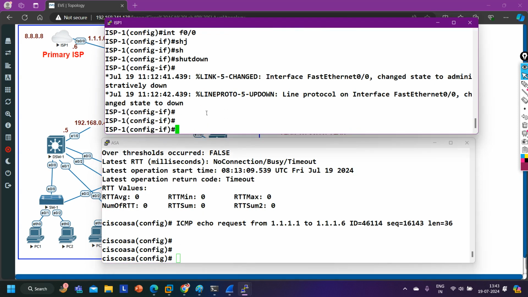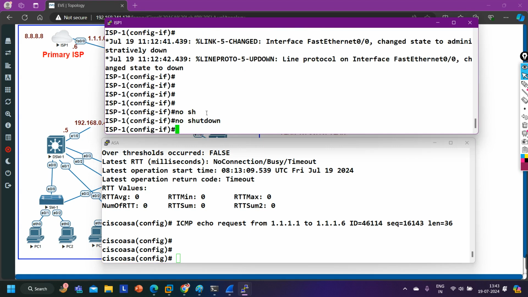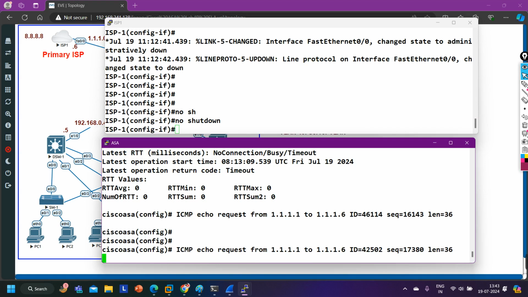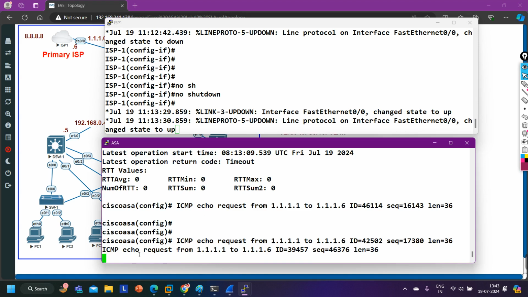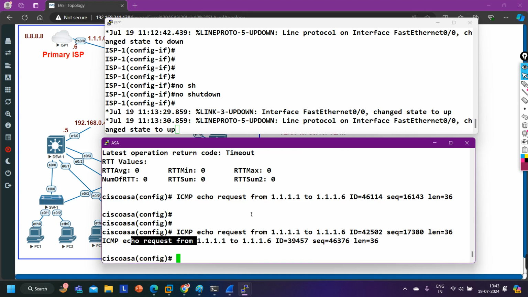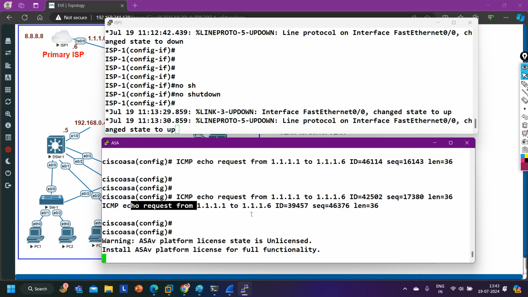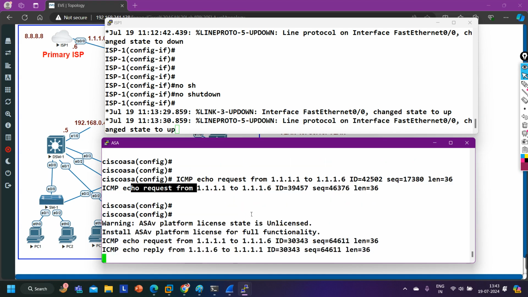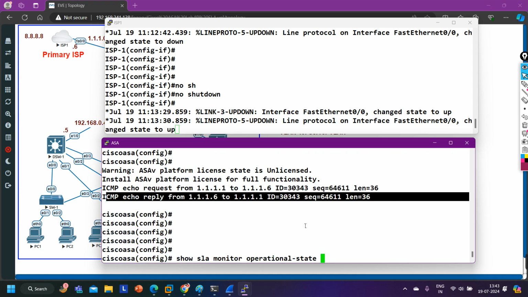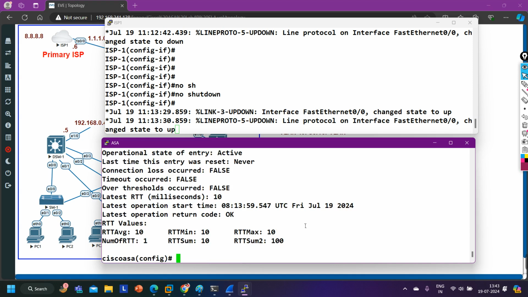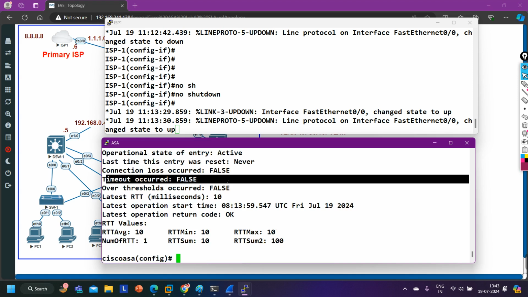Now again, when I bring up the ISP interface, what will happen? Again my ASA firewall is going to receive the echo reply message, and again the operational timeout will become false, right? So see the echo request message, soon it is going to receive the reply message. Wait for some time, this is a simulation, that's why it's taking some time, right? So see the reply message. Now the ASA firewall has received the reply message. So now again you can check the SLA monitor operational state. Now you can see timeout occurred false,